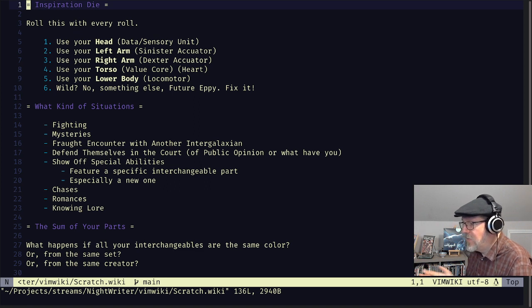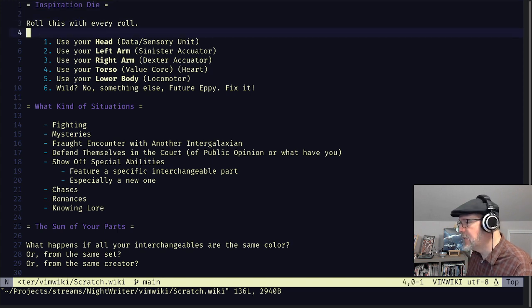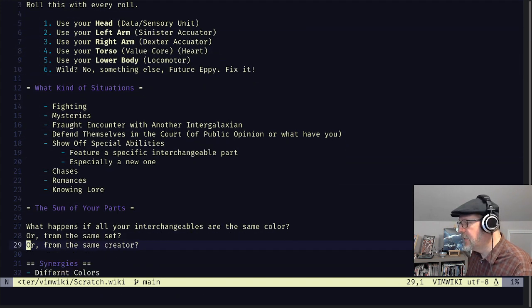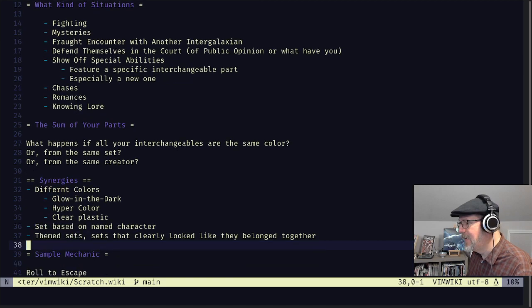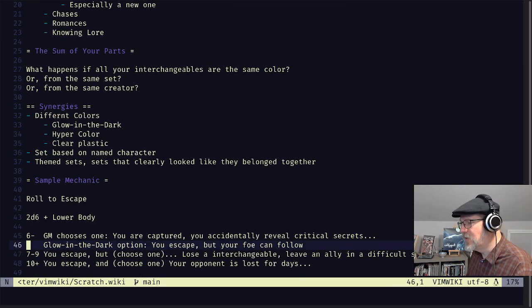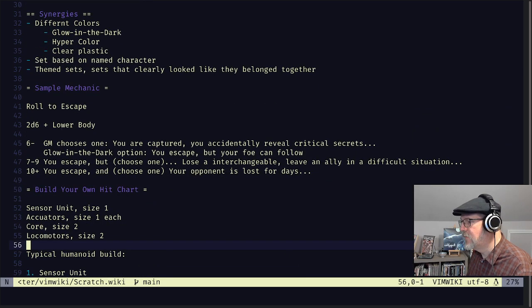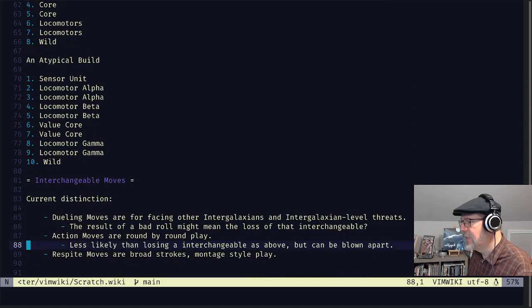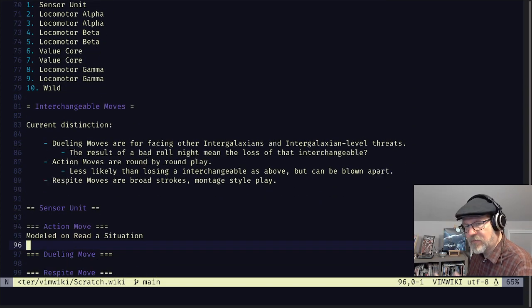All of that. So there's a lot to have there, but we don't have an actual mechanic to hang it on. And what I wanted to do tonight is just dive into talking about dice and how dice work and the dice feel of a game. So let's see where I am. I'm just going through here trying to figure out what we built here. Sorry if I'm scrolling fast.